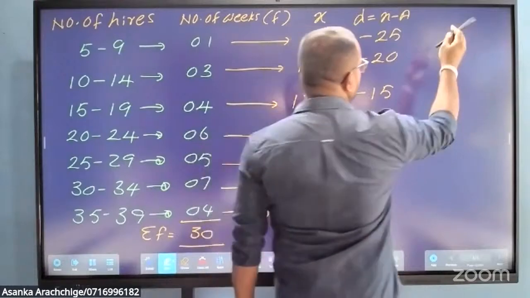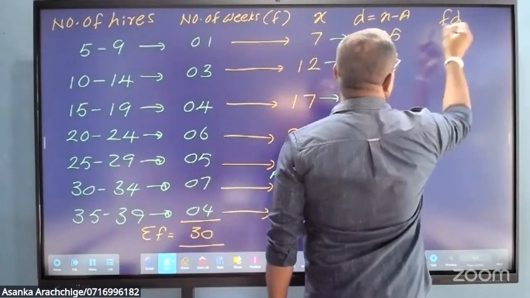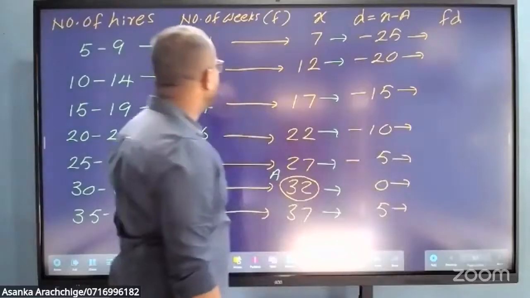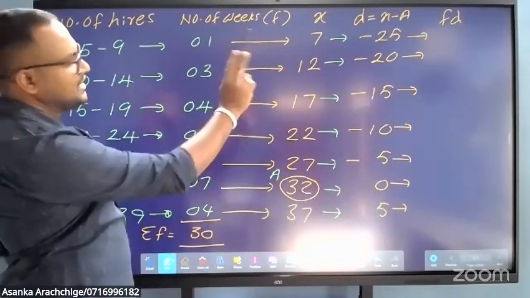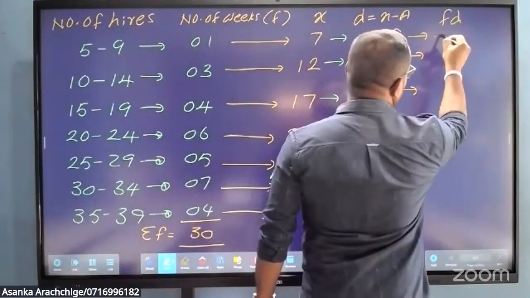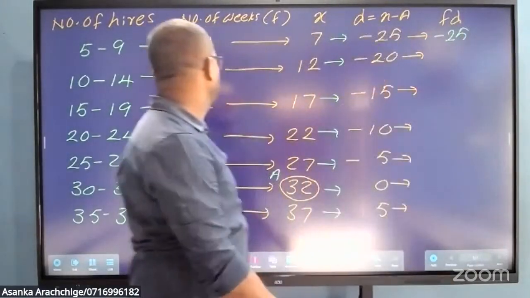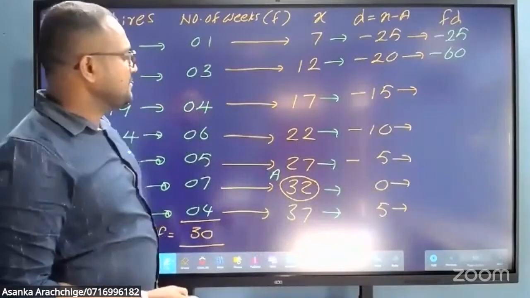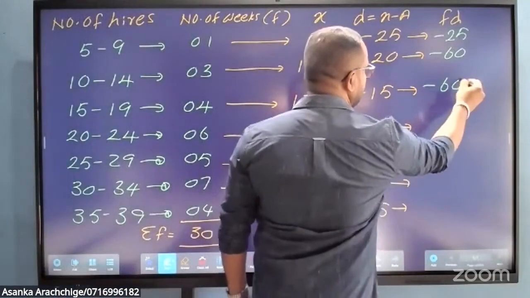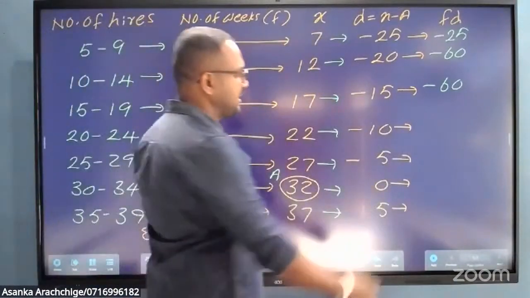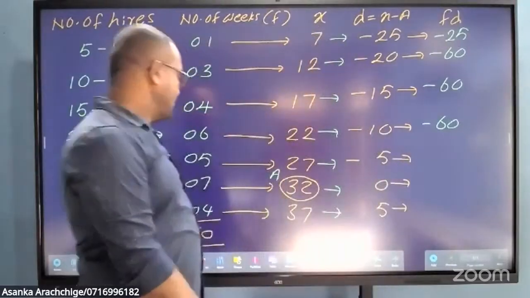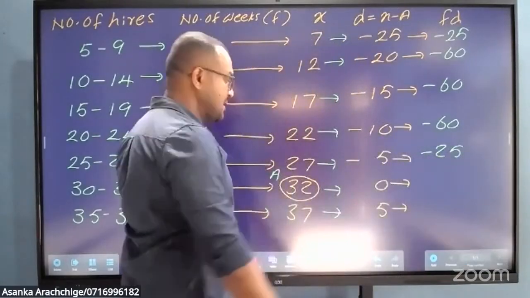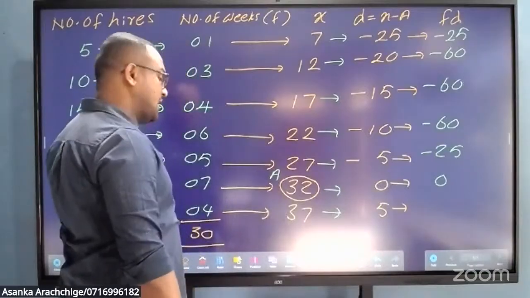Then FD. Multiply frequency by deviation. 1 times minus 25, minus 25. 3 times minus 20, minus 60. 4 times minus 15, minus 60. 6 times minus 10, minus 60. 5 times minus 5, minus 25. Here 0. 4 times 5,